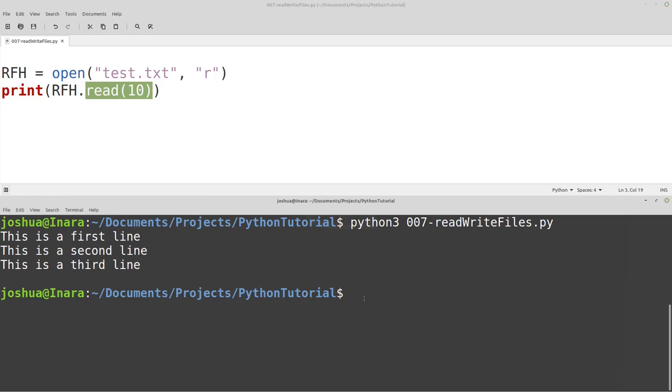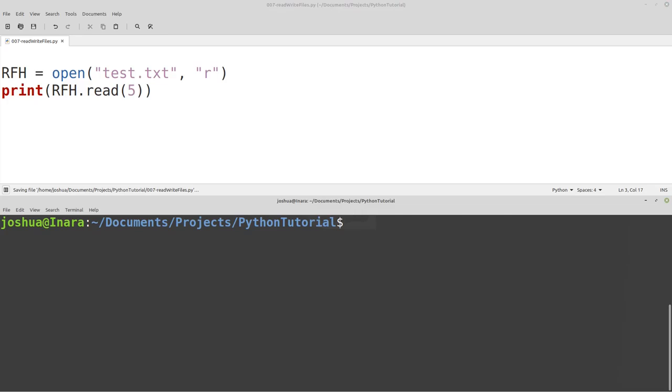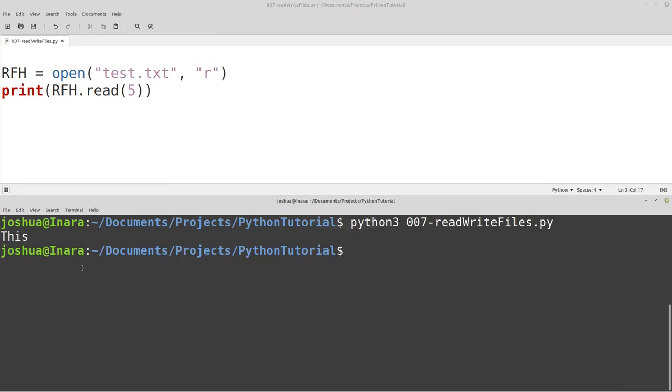We could, for example, read the first 10 characters. And then this is A. If I did 5, oops, then I just get this and a space. If I did 7,